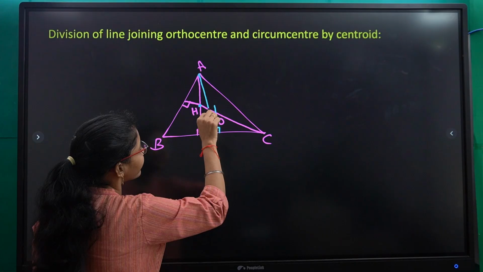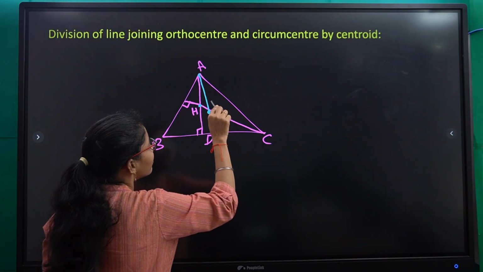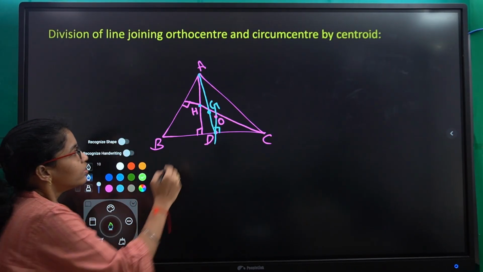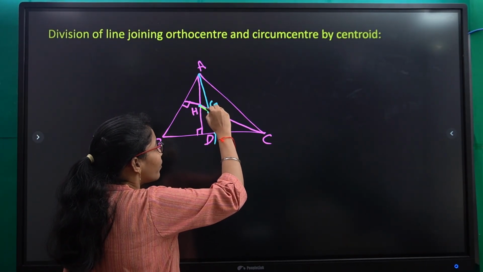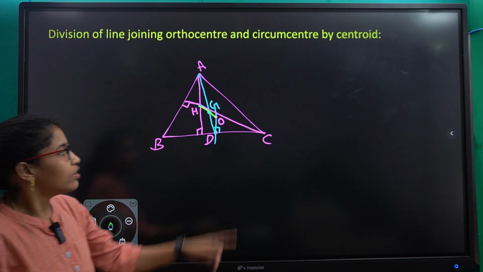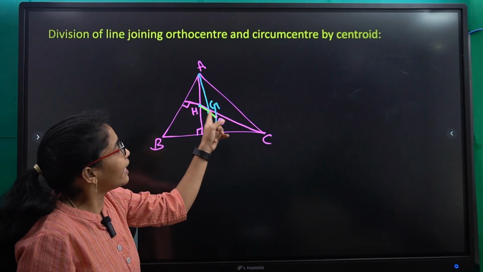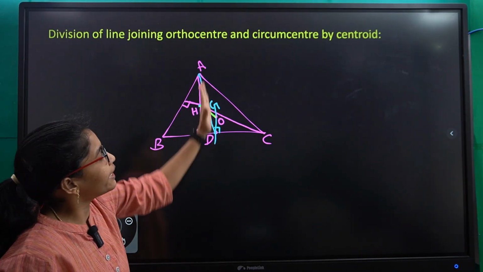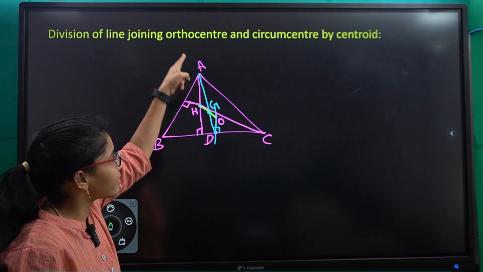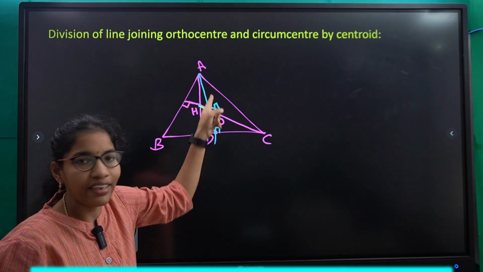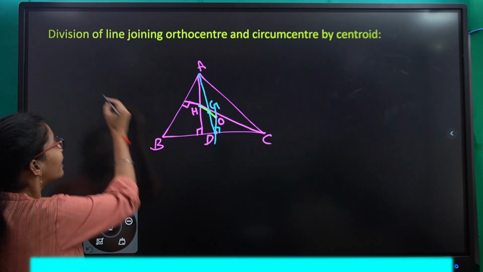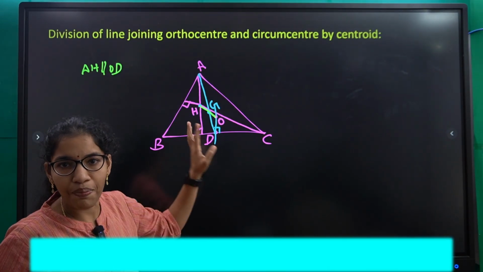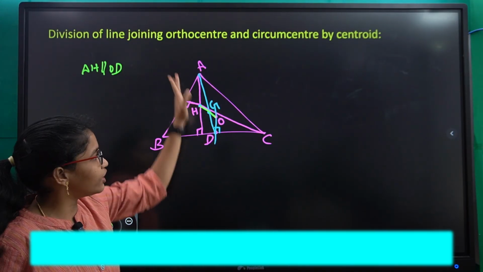So this point you can take it as the centroid. This is Z I am taking, right? Okay. So now if you join these 3 points like this, here if you take the triangle AHG and DZO, see these two are perpendicular to this BC or not? That means can I say AH is parallel to this OD, right? So here AH is parallel to OD because those are perpendicular to the BC. So that means these two are parallel.